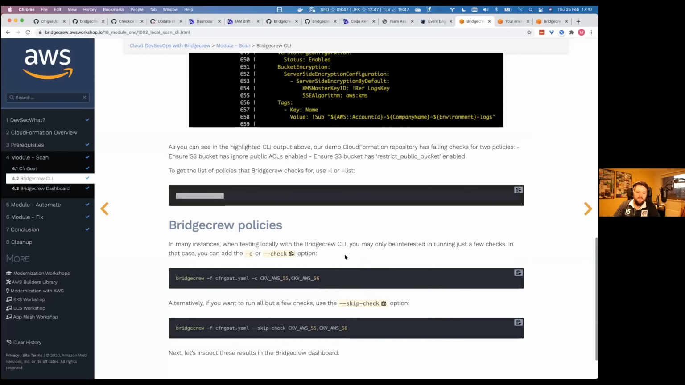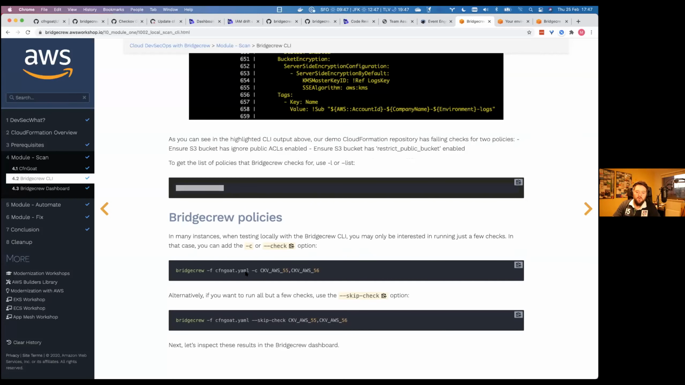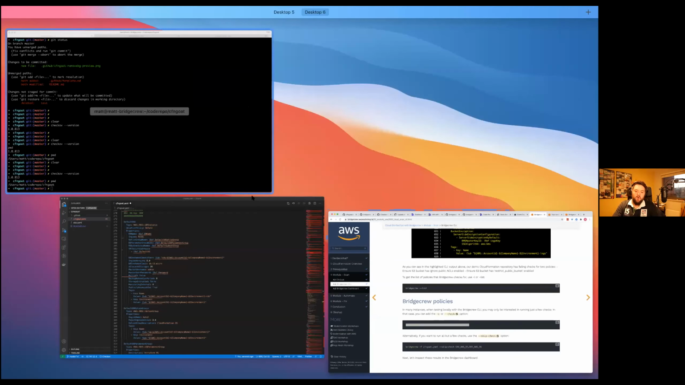And then last but not least, in this section, you can also specify you only want to scan certain checks. So as I said, each check has an ID. So for example,